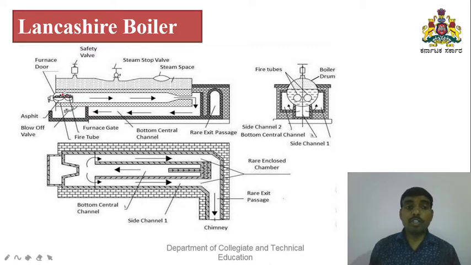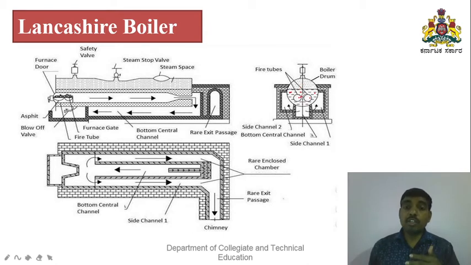When the combustion occurs, the flue gas is liberated and flows towards the chimney. Here the flue path is along the direction of the tube. When the flue gas passes around the tubes, the water is circulated and surrounds them. So when the flue gas passes through the tube, the surrounding water extracts the heat from the tube that contains the flue gases. Then the water gets heated and transforms into steam.